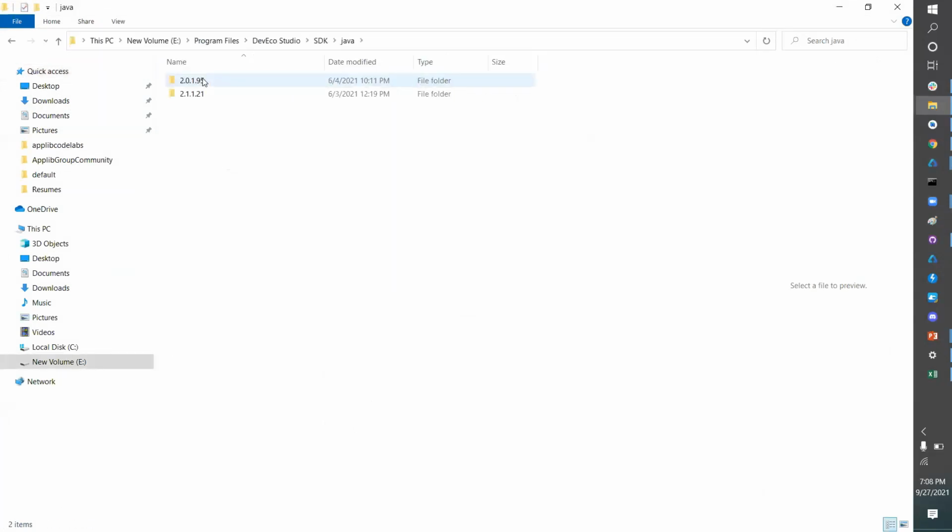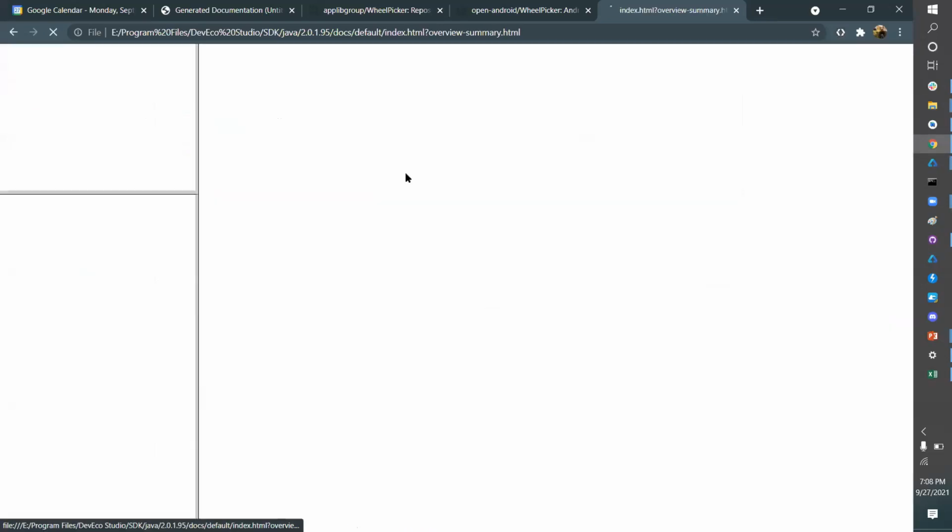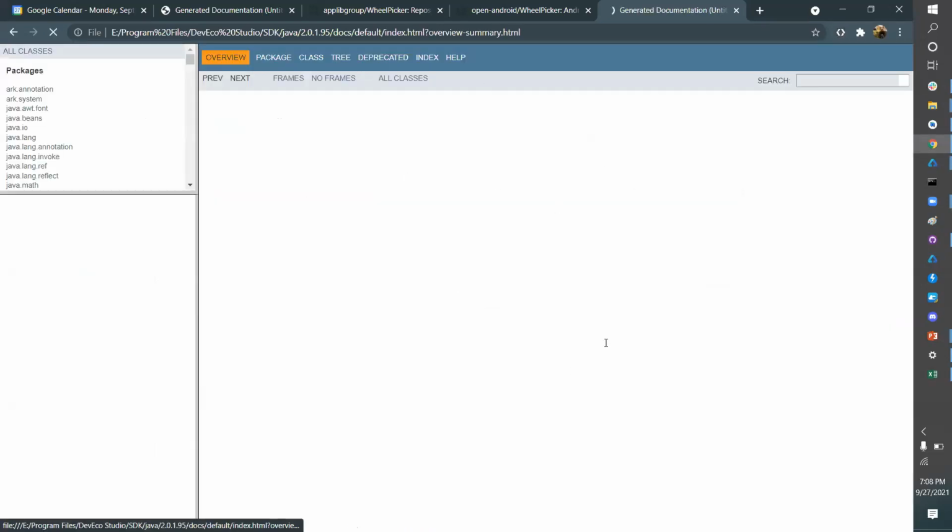Okay, go to Java. There are two different versions of SDKs, I'll go to this one, and then documents default, and we'll open index.html. So this is the official documentation.